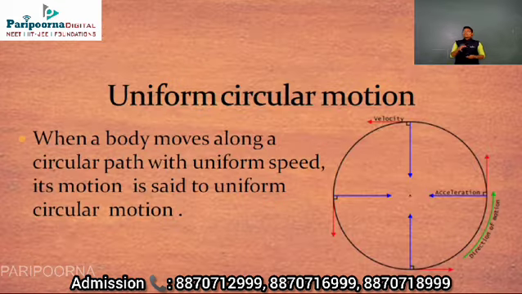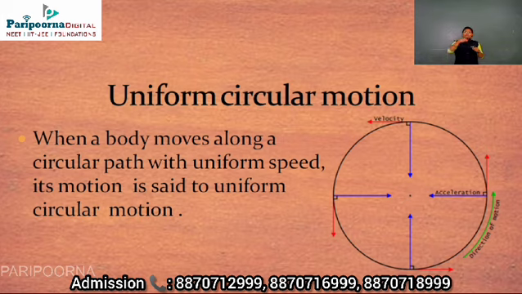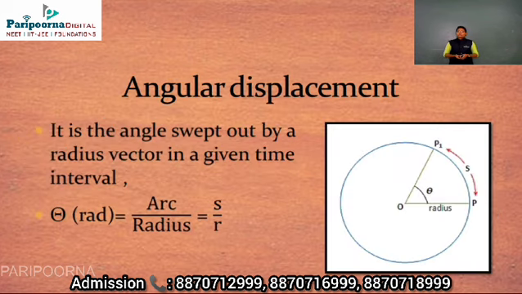Now, uniform circular motion. When a body moves along a circular path with uniform speed, its motion is said to be uniform circular motion. So the body moving along a circular path with a uniform speed is in uniform circular motion. Now angular displacement. It is the angle swept out by the radius vector in a given